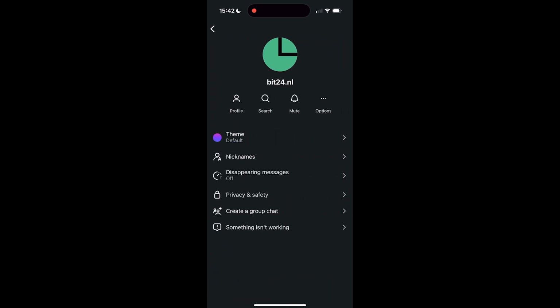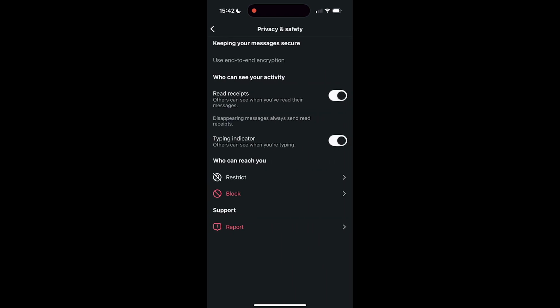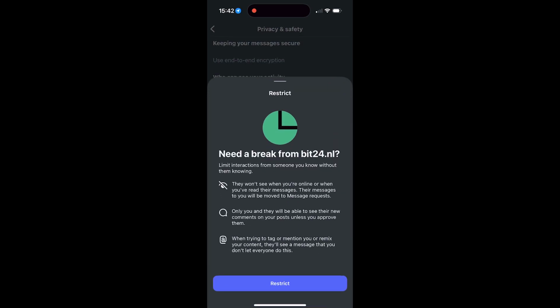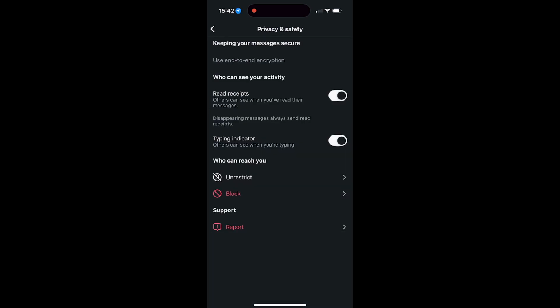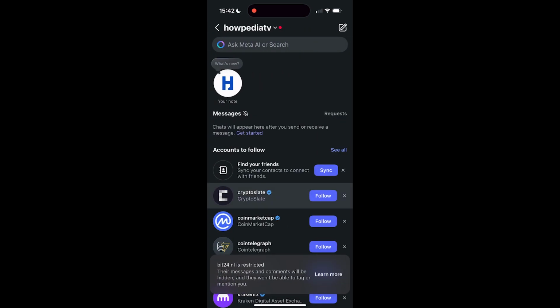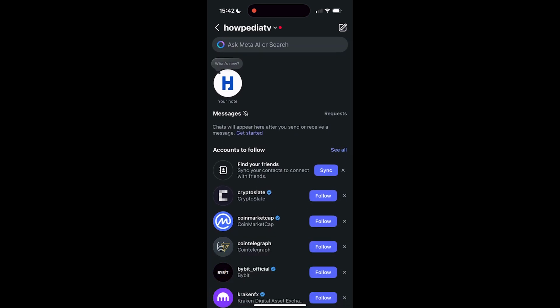So once you're in this menu, you're gonna click on privacy and safety. Then once you're here, you're gonna click on restrict. And then again on restrict. And right now, if you go back to your messages, you will see that the chat we just selected is